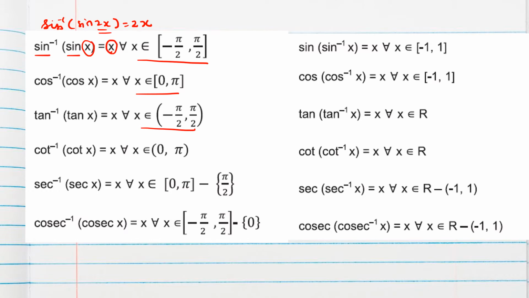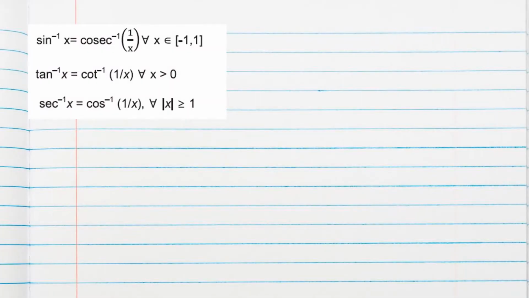Accordingly they will give. Similarly this property holds for cos inverse cos and tan inverse tan, and if you find it outside, sine of sine inverse, then for this range you will get the same angle. So by any way it can be used. Then these are some important properties, one set of properties.